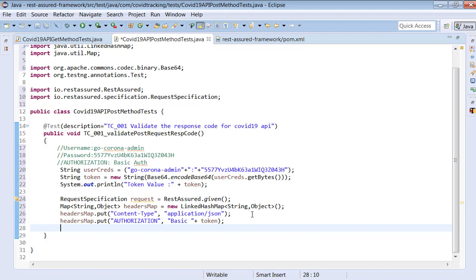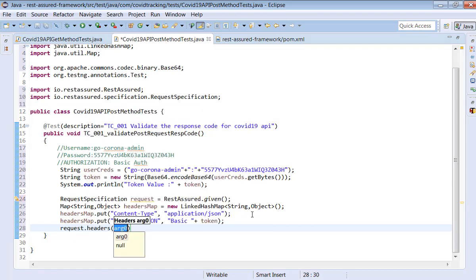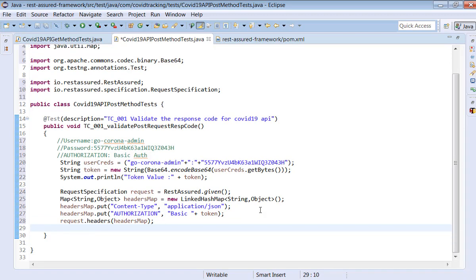So this is the initial setup. You have to do it before you send the post request. This is very important. Then request.headers, you put the headersMap here. Okay, our request is ready.